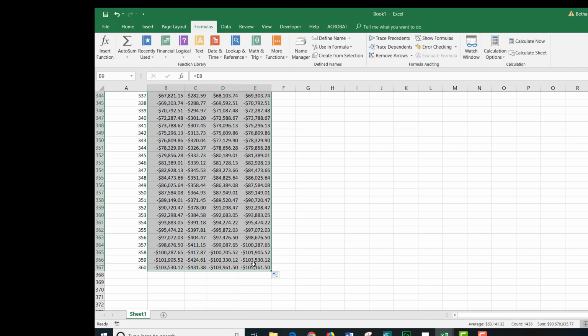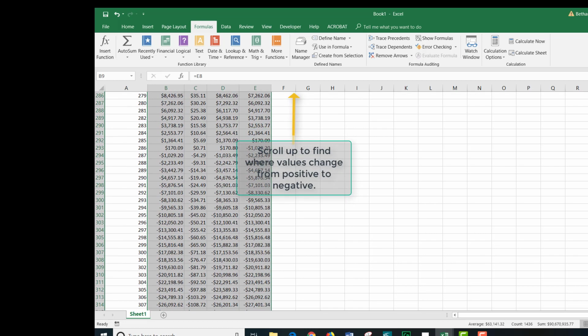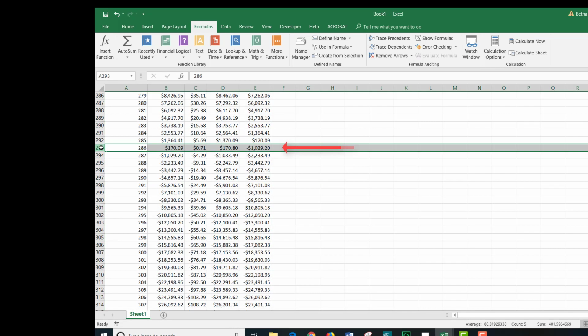You'll notice that the numbers are negative, which means the loan was paid off prior to month 360. Scroll up to when you see the numbers change from positive to negative. The row on which the values change from positive to negative represents the number of months it took to pay off the loan. Here you can see it as row 286, meaning that for a loan of $200,000 at a 5%